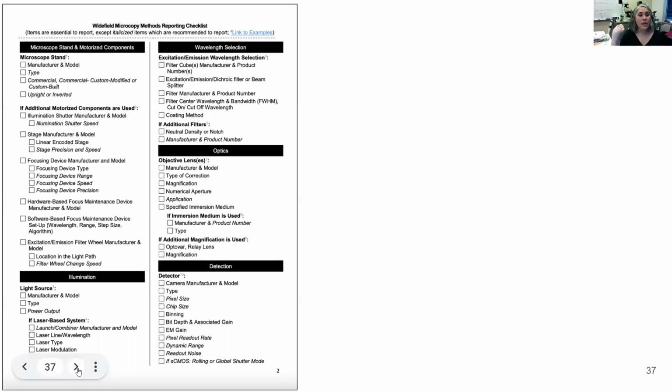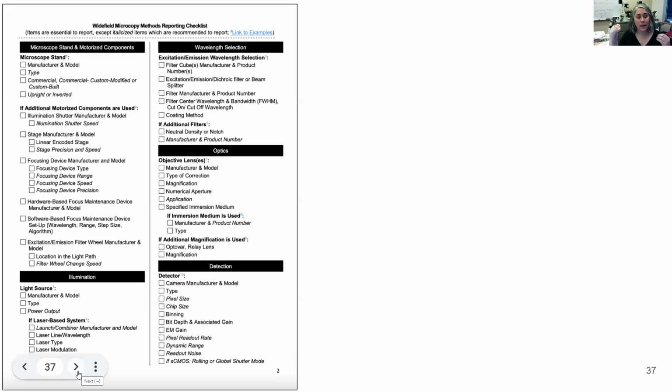Providing guidelines can be difficult since there are many parameters that are going to impact your imaging and the results. This is an example of one of them. We go through the light path. Anything that is in italics is good to have, but will perhaps not be impacting your data.